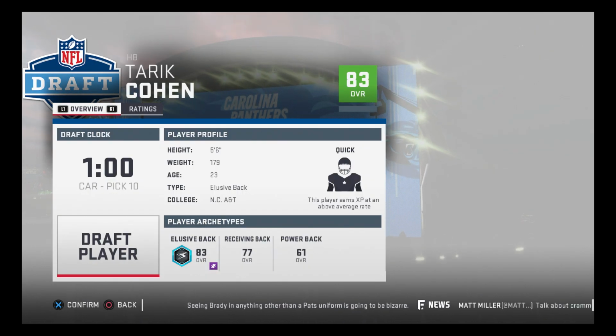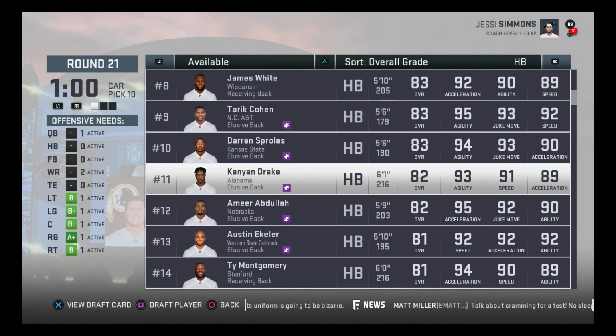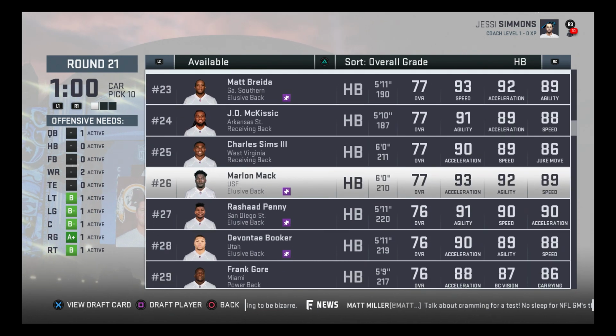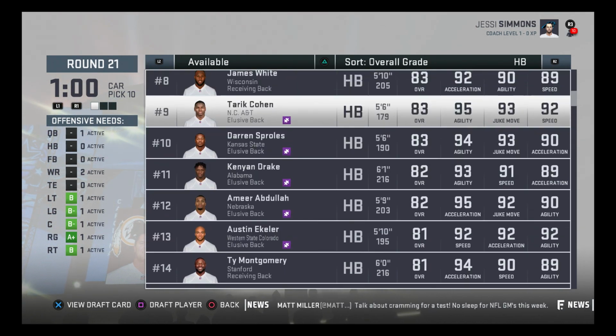I'm taking Tariq Cohen. And I'm not surprised. He's so good as a power back, dude. Do I just take Darren? I'm not taking Darren Sproles. Do whatever you want, man. But I don't want to take Darren Sproles. Okay. I want Marlon Mack. Then take Marlon Mack. He's so far down. Take Rashad Penny. No, I'm gonna...